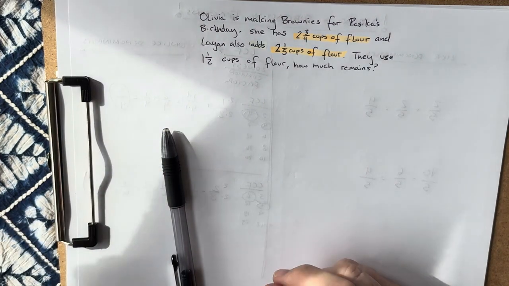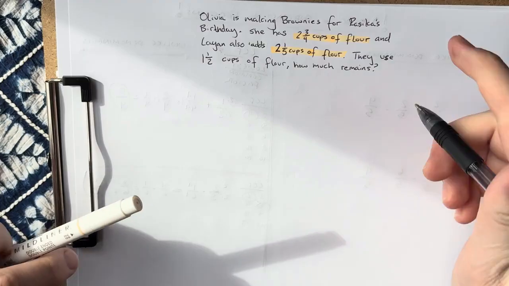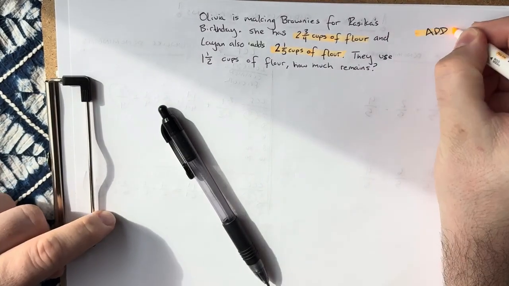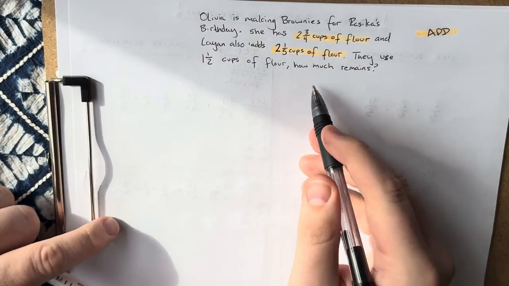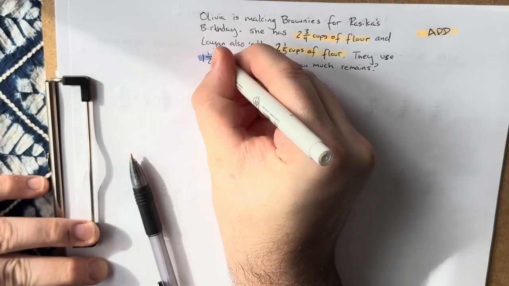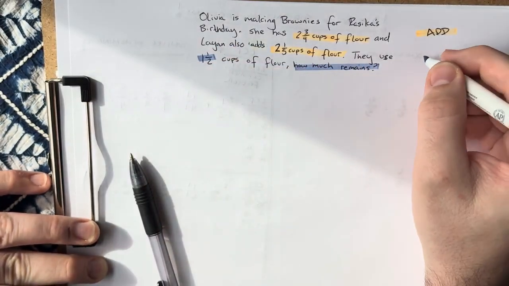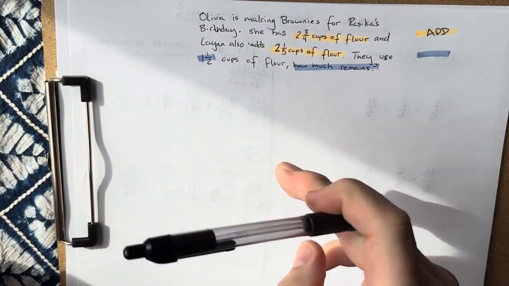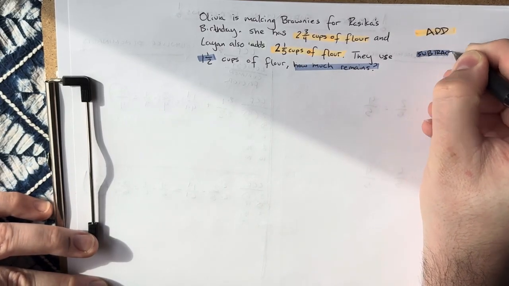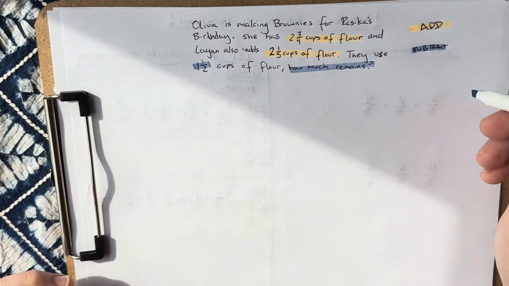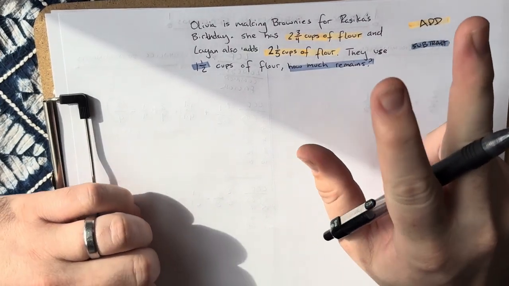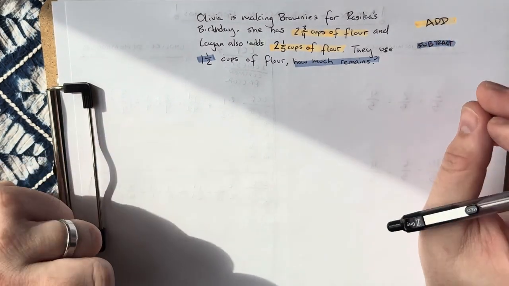All right, so that tells us that the first thing we need to do, okay, is add. Then it says how much remains. We use how much we use here and how much remains. So now we need to subtract. All right, so doing this in 2 parts, we need to first get our total amount of flour that we